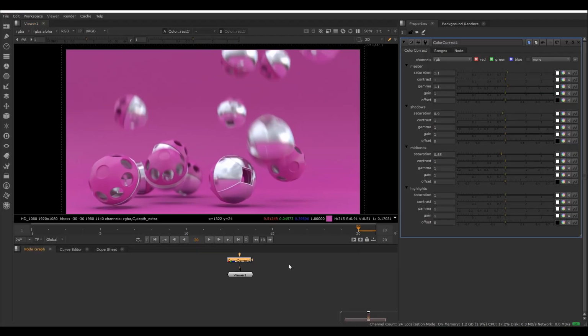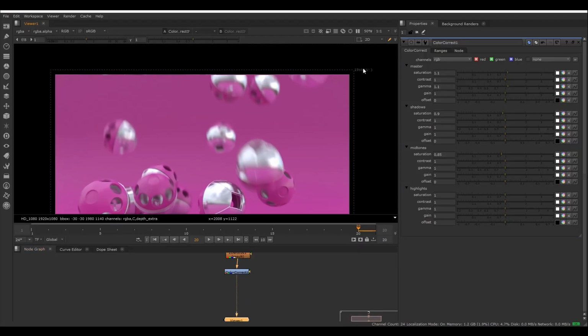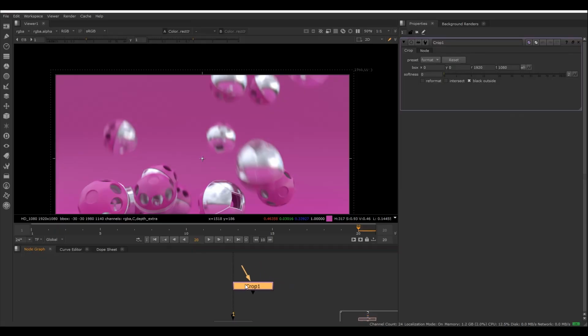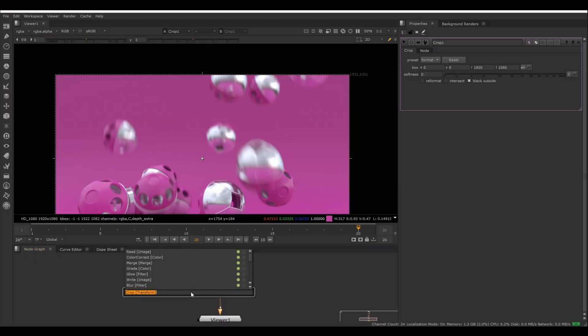Nothing drastic. And then you can see our image is kind of, because we've got some blur, kind of outside of our limits there. So just drop a crop, and that will crop it to our window there. So just drop that and you'll see it tighten up. Okay, and now we need to write this out